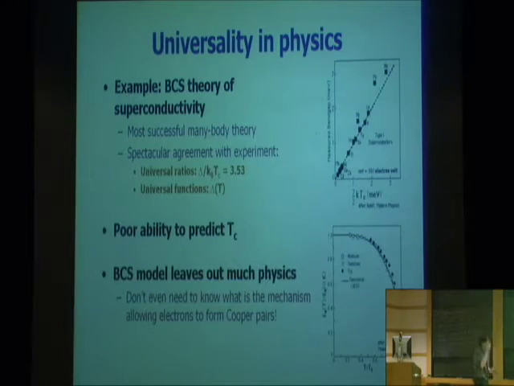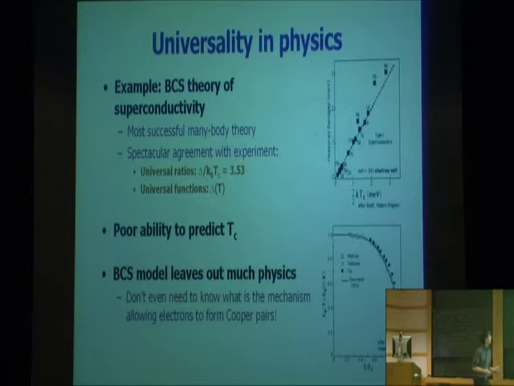Okay, so this is my last general slide of propaganda. An example that I like to make is the BCS theory of superconductivity. Superconductivity is the phenomenon that happens in some materials at low enough temperature, where they essentially conduct electricity with no resistance, and they also expel magnetic fields in a way that's